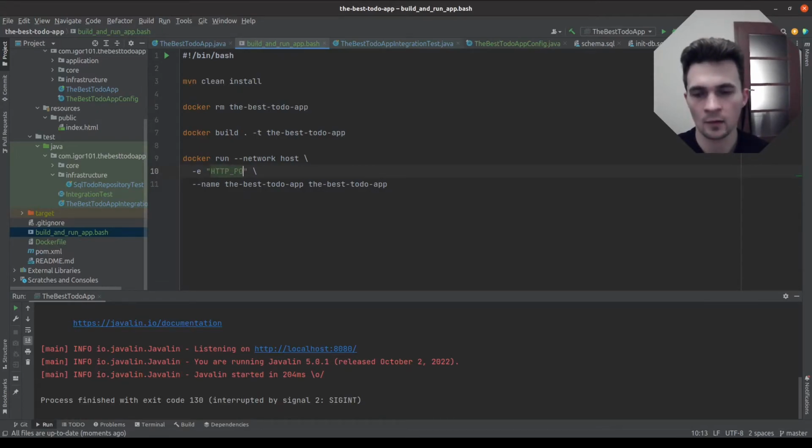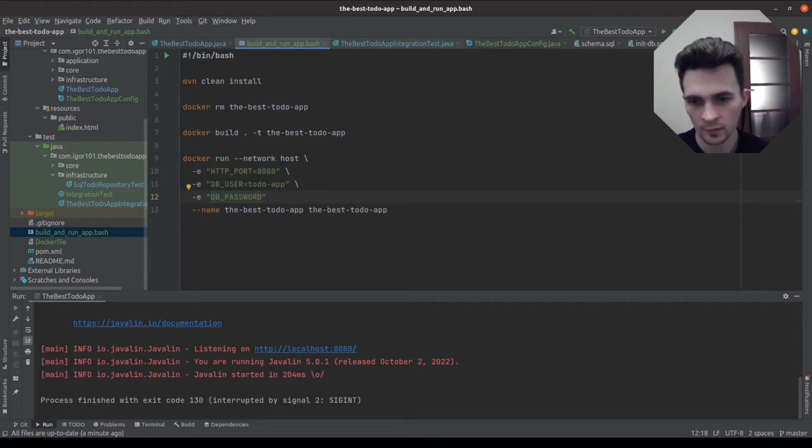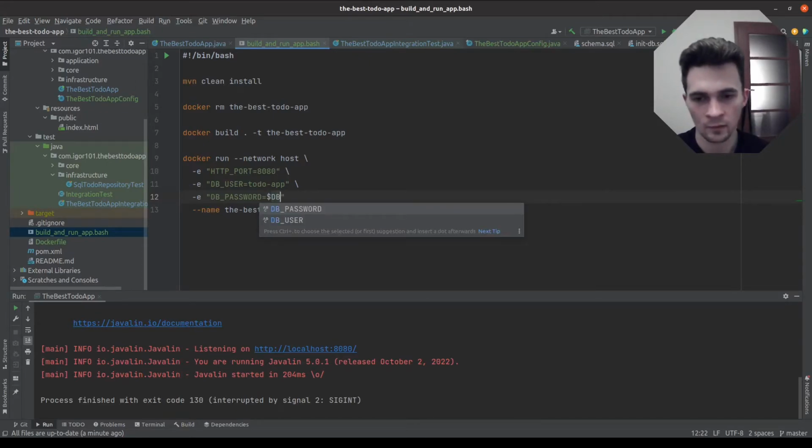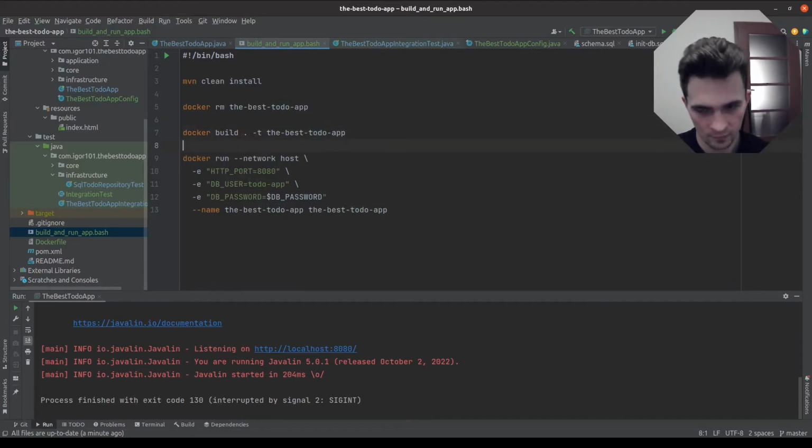So like HTTP port, DB user, and DB password, which we will take from env variable given to the script,